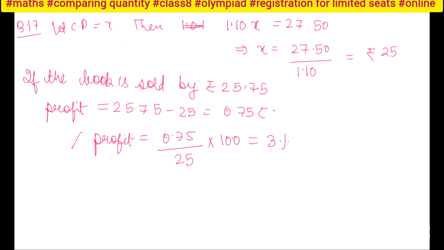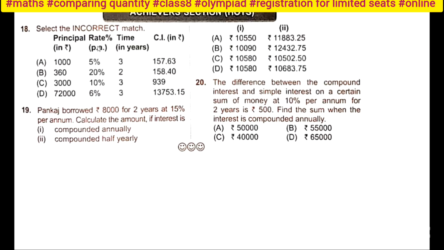So let us check which is. Select the incorrect match. Okay, principal, rate, time and CI, everything is given. So these type of questions I have to check thoroughly. Okay, I have to check thoroughly beta. So let's start checking. Now see, A is given, in that I know the formula for compound interest, right? In that compound interest I know the formula of amount.